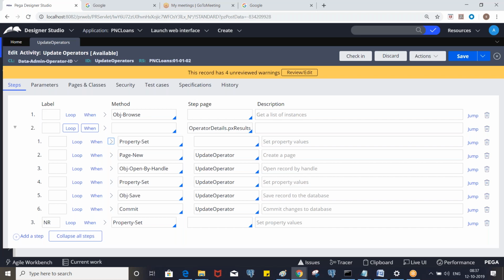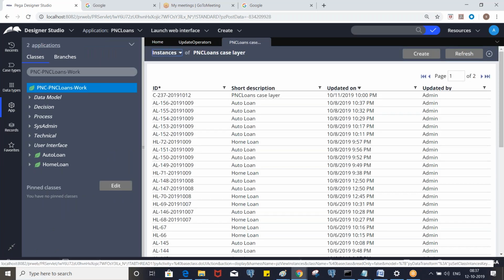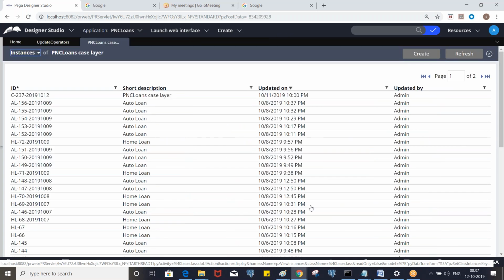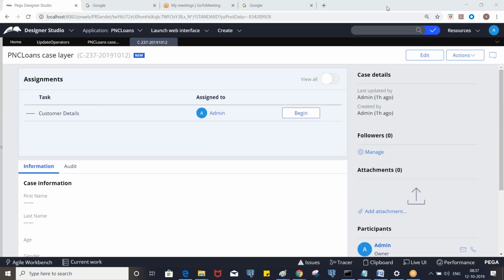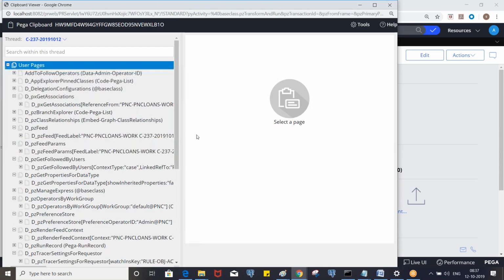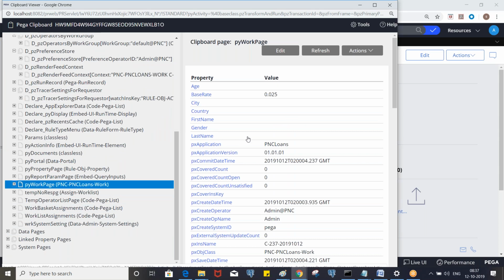Okay, so now let's see if you want to know the work objects for this class. When you click on this, it will show all of these. Go to the py work page and you will see this corresponding information. And you see the last name. Currently it is null, right?